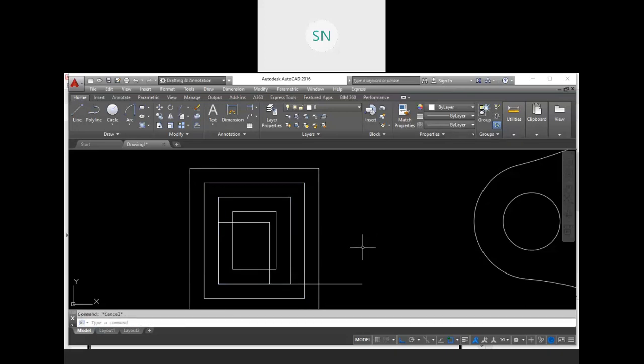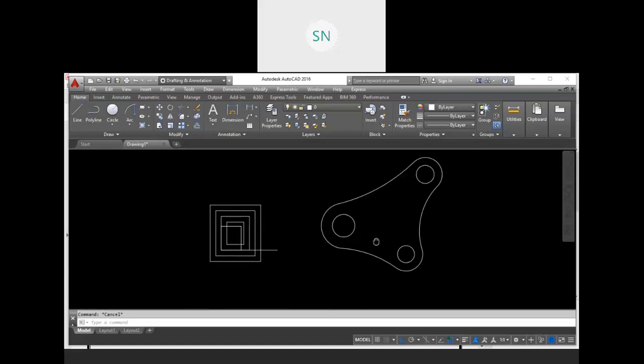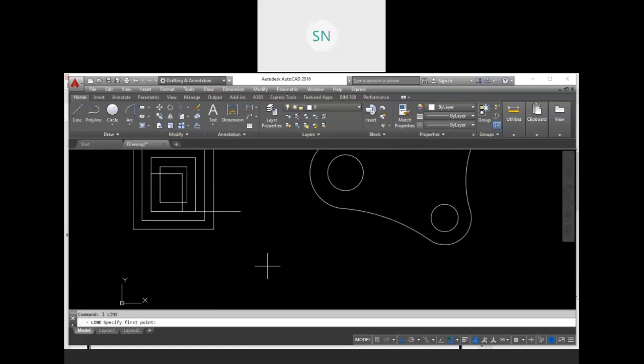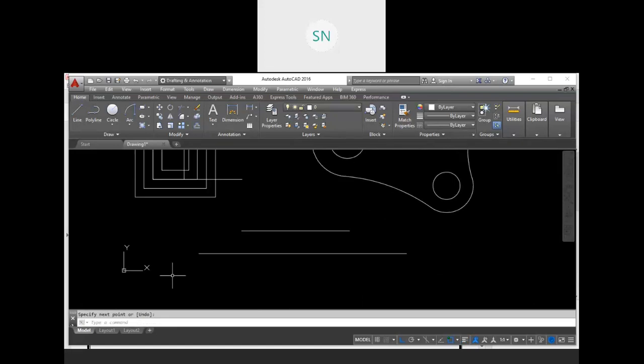Then next we discuss the trim and extend tools. Let me do a quick revision of that tool also. With the help of trim, you can trim your intersecting object.